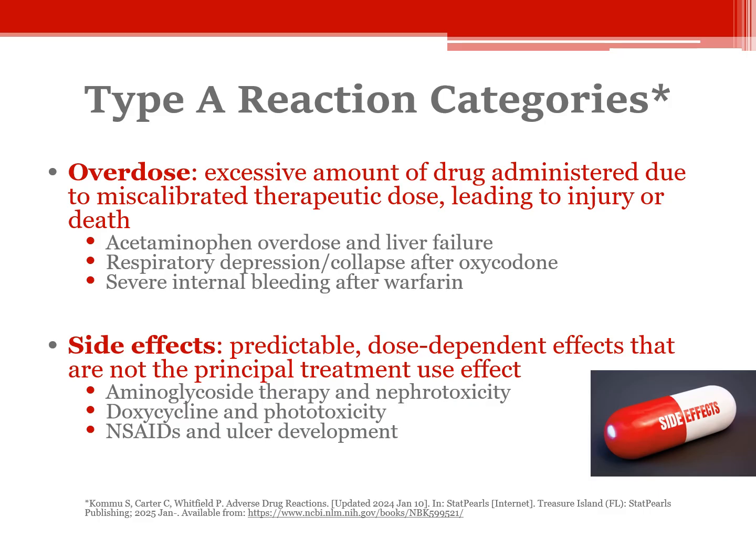Another example would be warfarin, an anticoagulant drug that is very useful if you're trying to prevent clotting in a patient, but if you give just a little bit too much warfarin to a patient, it affects their blood viscosity. You need to have at least some viscosity in your blood because we have tight junctions, capillaries, and other areas of our circulatory system that, if our blood gets too thin, it can go through those openings and you can have severe internal bleeding, which often happens when people get a little bit too much warfarin administered. These are all overdose type A reactions.